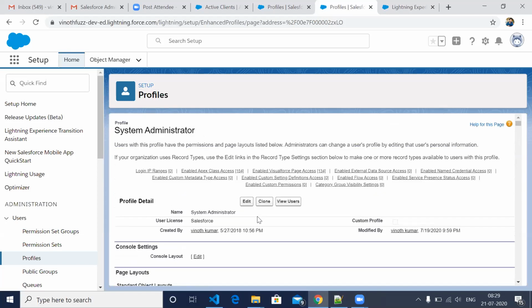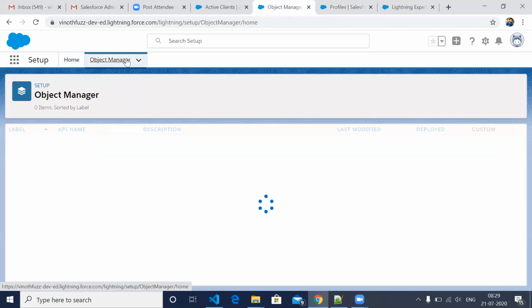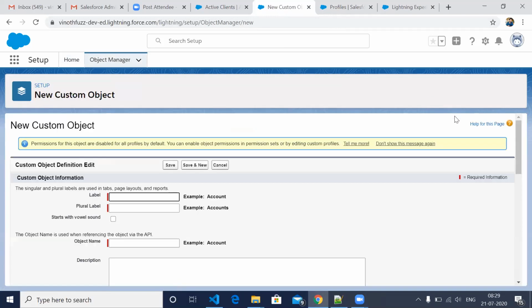Okay, so this is the main, important thing: what is a profile and what are the things you can control here. So let's say I'm going to create one new object.